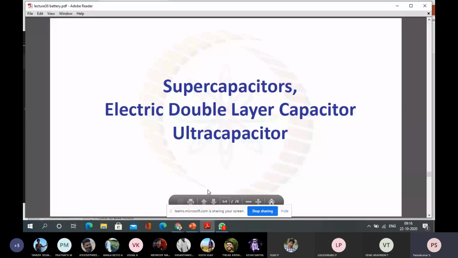Okay. As I already told you, energy storage systems are of three different kinds. One is using a battery, which occupies 95 percent of energy storage systems because of its simplicity, its life period, and the sustained energy. If you compare the battery with the supercapacitor and ultra capacitor, the battery gives only a low energy density, but it can sustain for a very long time. Whatever the energy density, it remains the same when discharging for a long time.